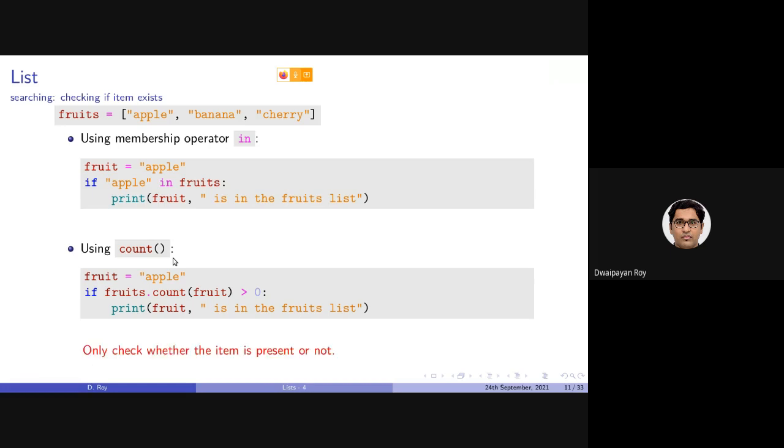It only checks whether the item is present or not. But what if I want to check in which location it is present? That is, in this case, I want to get the 0th location, that is, in which location the searching item is present in the list.